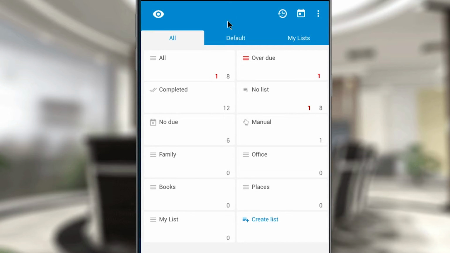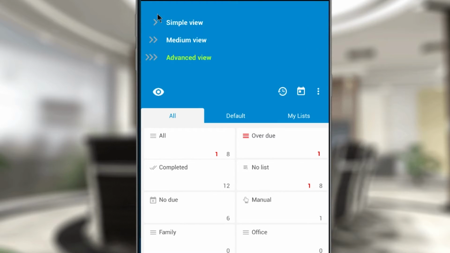So if you are trying to find a to-do list application, you may be a bit concerned about how complicated the app may be. Some people may be quite new to a to-do list application, while others want something that has a lot of features available. So with Doaide, they have 3 views for viewing all of the content within the app. If you click on the eyeball in the top left-hand corner, you can see Simple View, Medium View, and Advanced